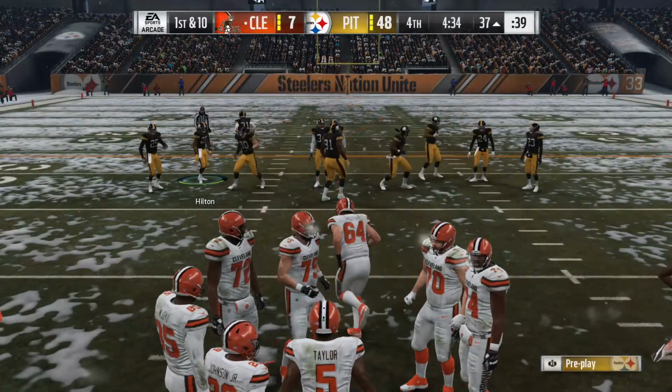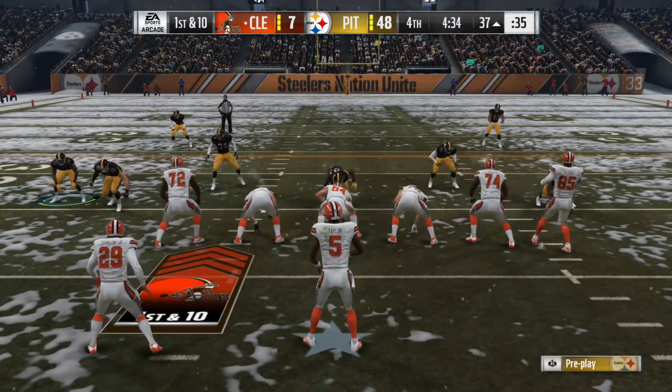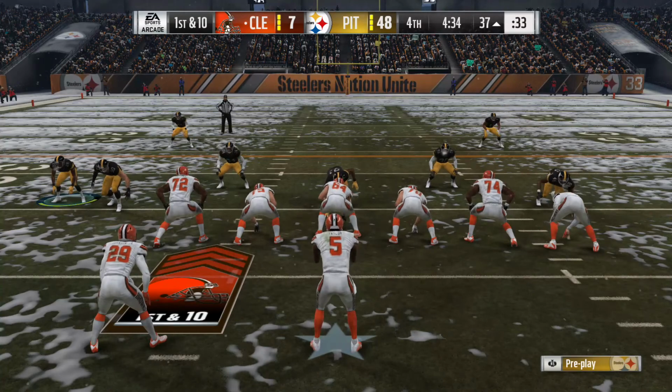So they were really trying to put the nail in the coffin there already with this lead here in the 4th, but they didn't get it. Guaranteed, it's not going to be a fun...